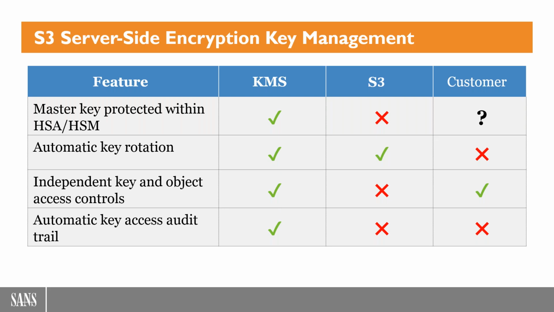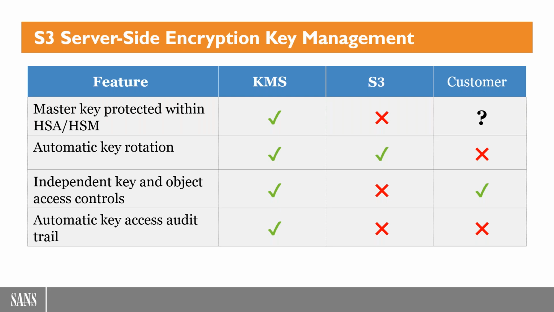Because there's really only one or 2 reasons I can think of. One is legacy support, and you've been doing it this way all along. The other would be that you don't want to pay for the keys, basically, because every CMK in KMS will cost you $1 a month. Not a lot of money, unless you have thousands of them. However, it's just the master key in KMS that would require that fee, whereas it basically comes along free for S3. But I would say don't be penny wise and dollar foolish.